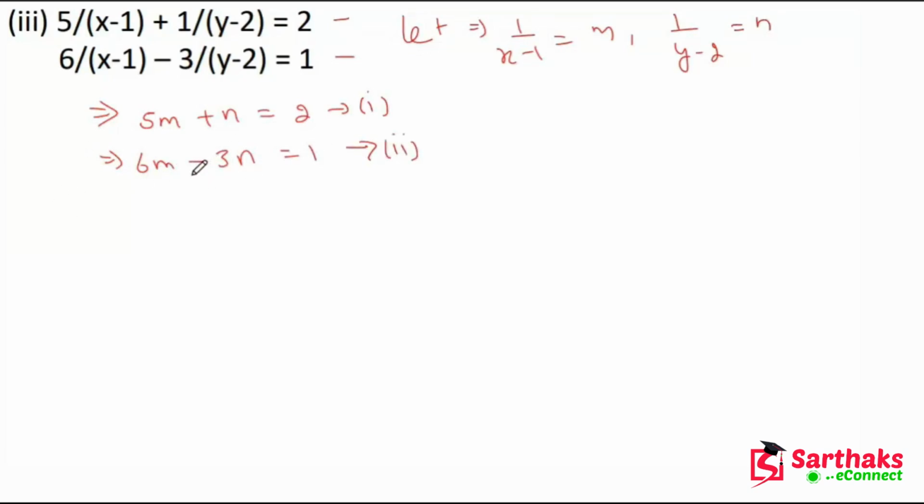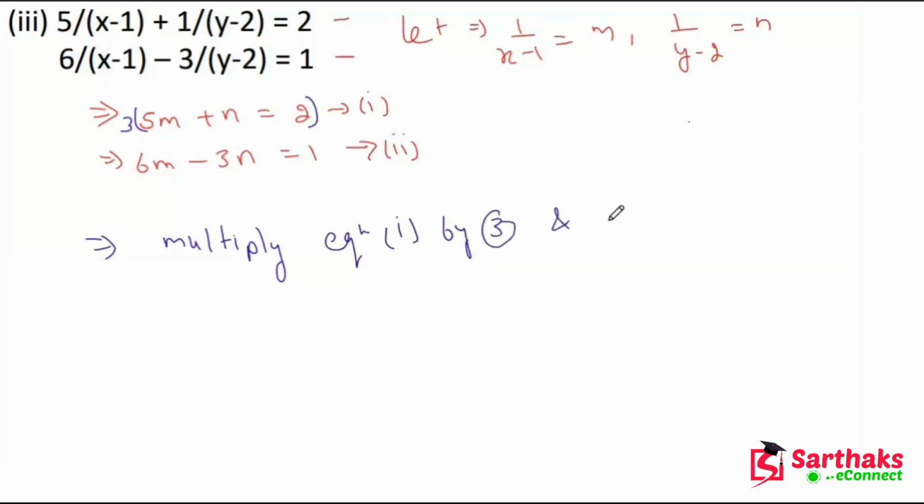Now here we can see that if we multiply equation first by 3 and add it to equation second, then we get 15m plus 3n is equal to 6, and here is 6m minus 3n is